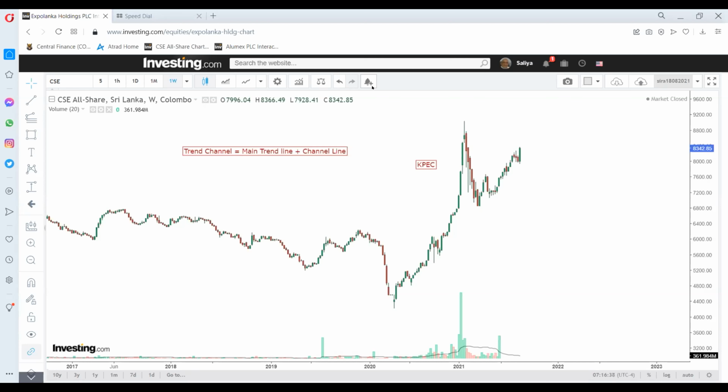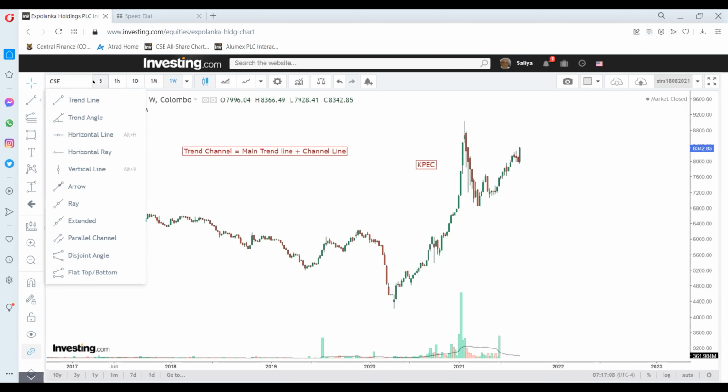you. Incidentally, this will be the first session on patterns, and we will be following up over the next few weeks on patterns, and it will be very interesting to see and draw those patterns and find where and how we'll be able to make use of them to generate profits, to generate return on investments. So I'm going to use this line, and in order to draw the main trend line,